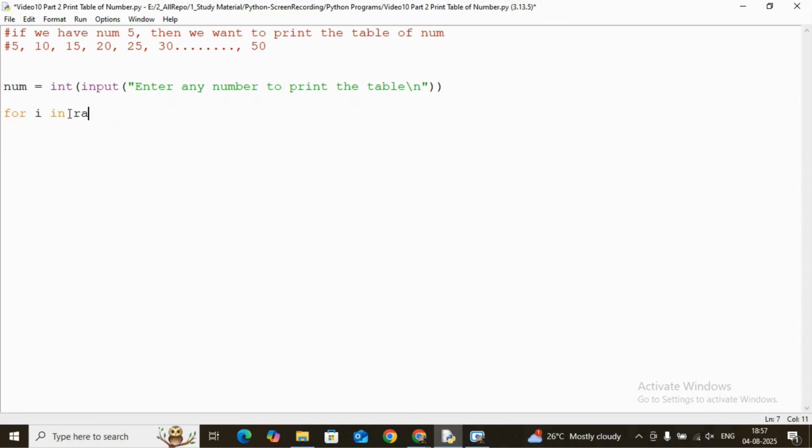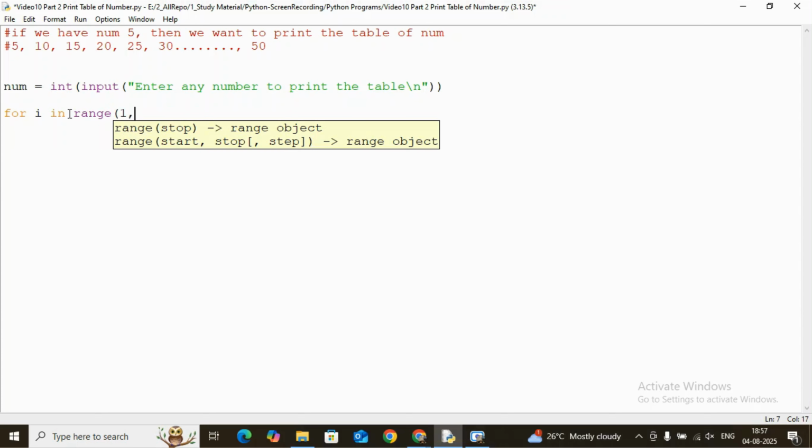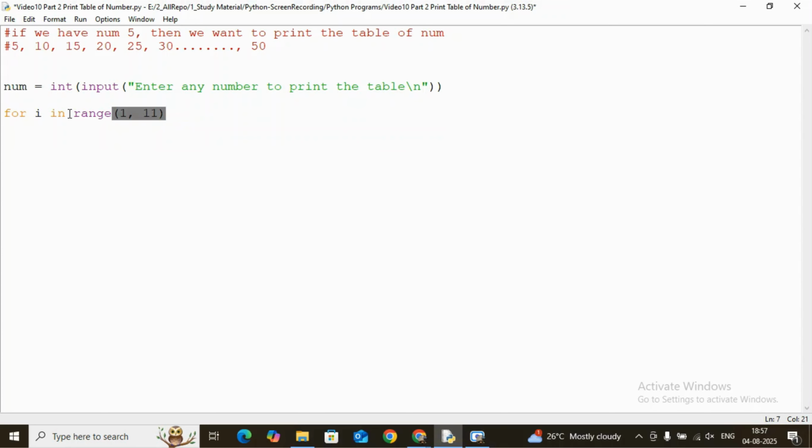So for i in range, we can start with 1 and we can iterate till 11, because we want to print 10 times, and you already know the loop will work with the difference of these two. So 11 minus 1 is 10, so it means the loop will run 10 times. When we get this, what we need to do, we need to print the number,